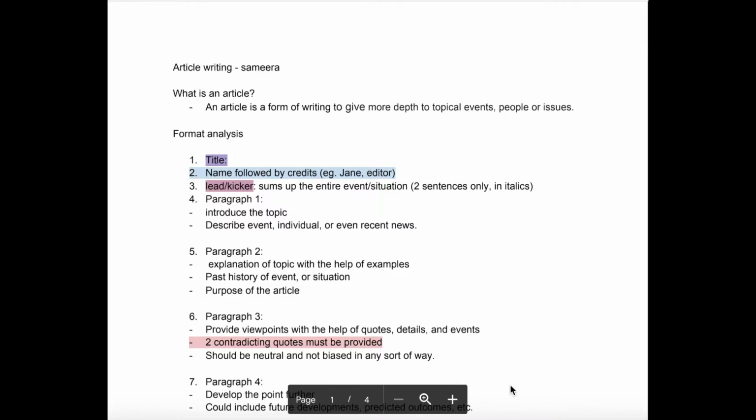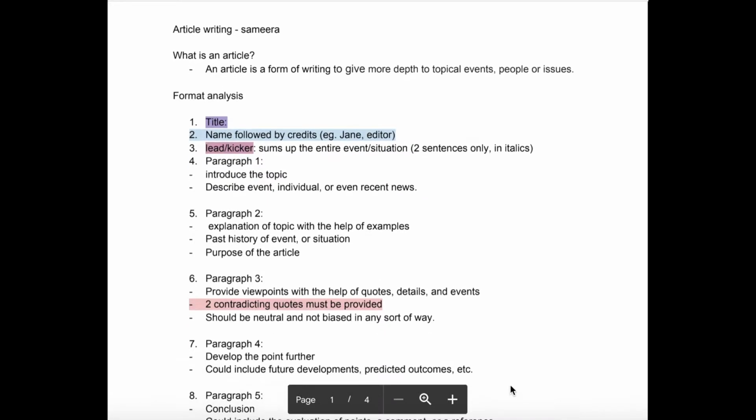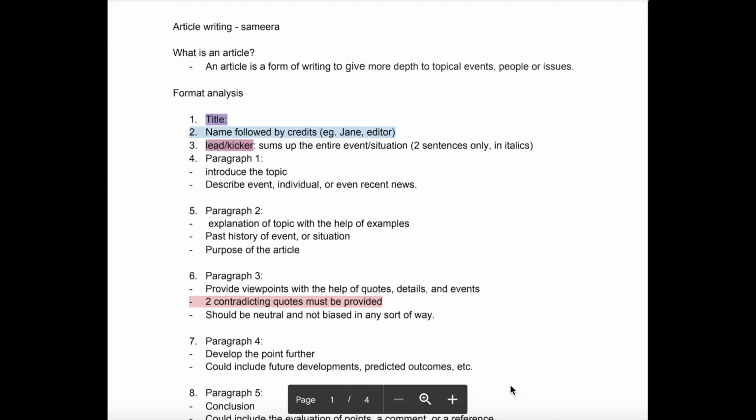Newspaper articles are more formal as they comment about national and international issues, so the tone for newspaper articles is generally formal. While magazine articles, on the other hand, are generally more informal or casual as they make use of normal everyday language. Secondly, another major difference is the purpose of both magazine and newspaper articles.